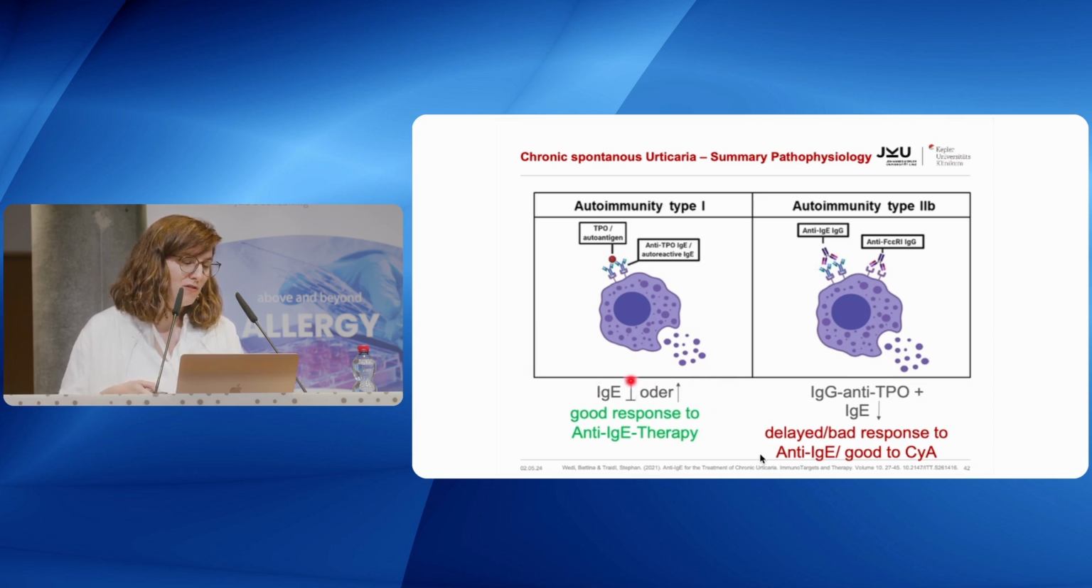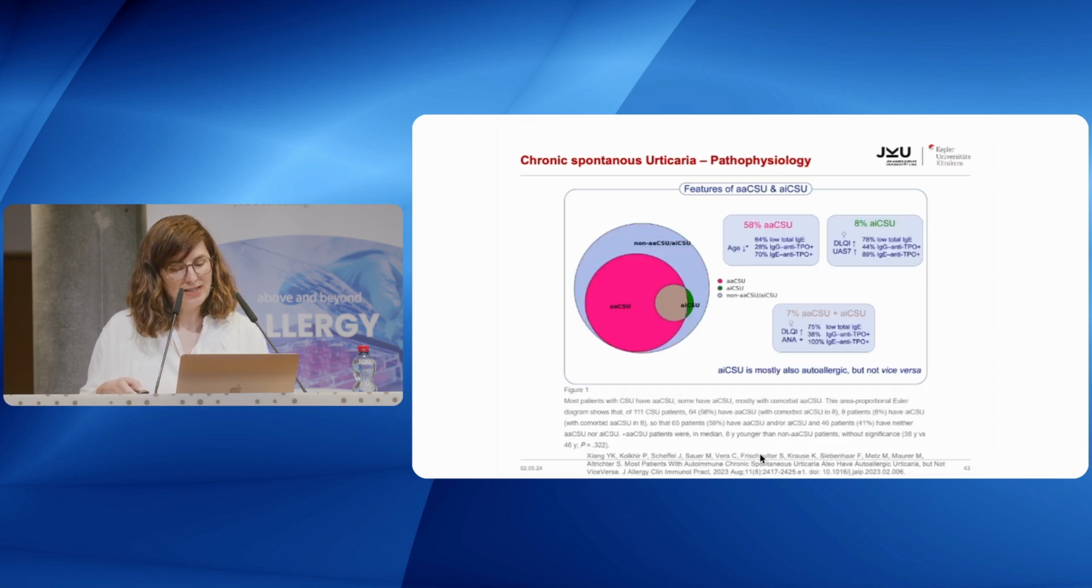Typically, these patients have normal or high levels of IgE and they respond very well and very fast to anti-IgE therapy, whereas there are the patients with type 2B autoimmunity, which have typically low IgE but positive IgG anti-TPO. They have a delayed or bad or even no response to anti-IgE, but very often an even better response to cyclosporin A. Maybe the world is not just so black and white, and type 1 and type 2B